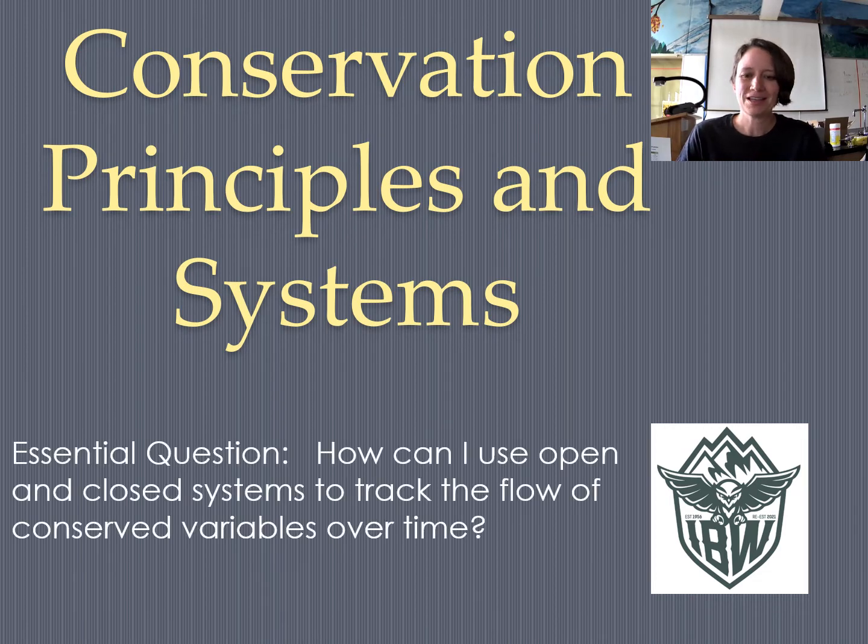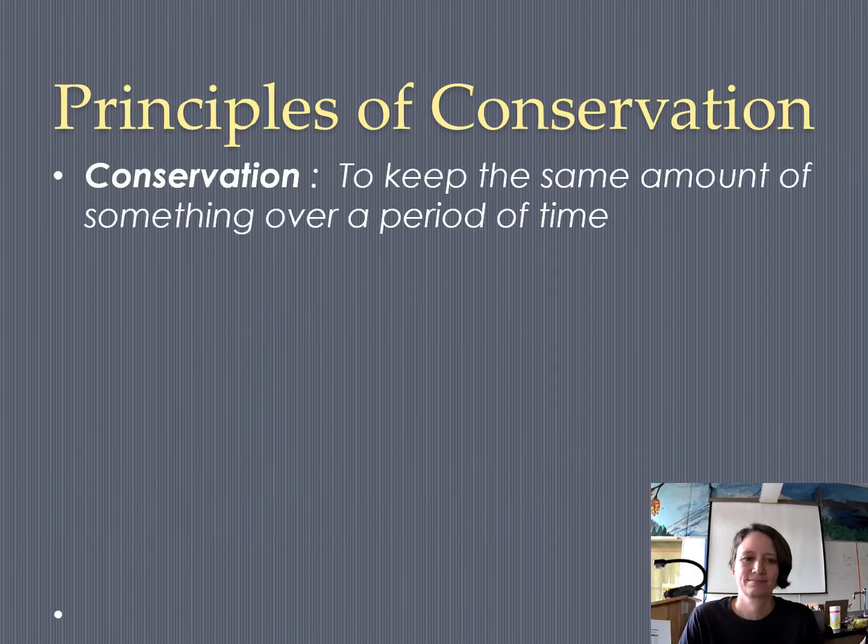The essential question that you should write down in your notebook is, how can I use open and closed systems to track the flow of conserved variables over time? What are these systems and why would I care about them? Okay, so conservation principles are some of the most important critical concepts in physics, and they really control a